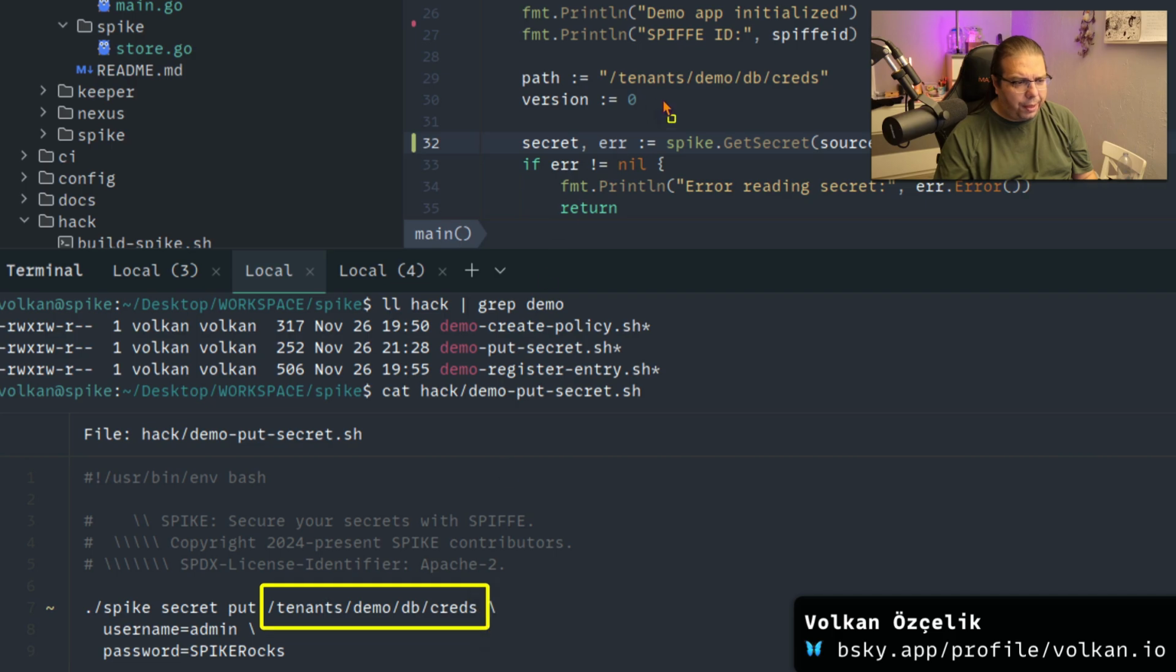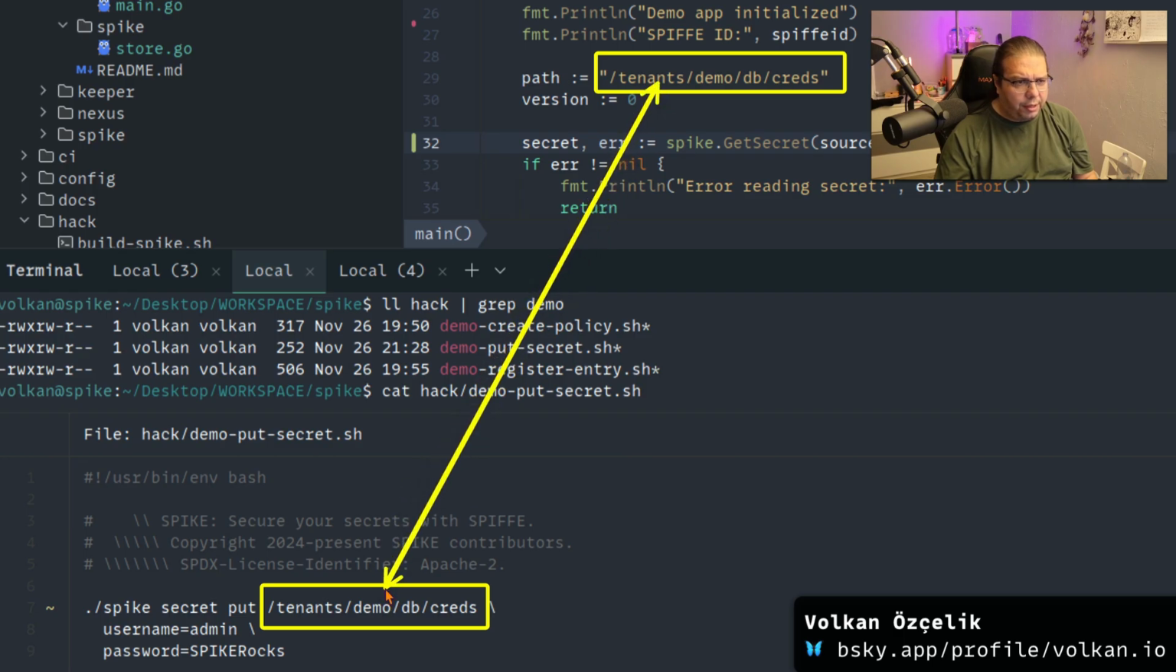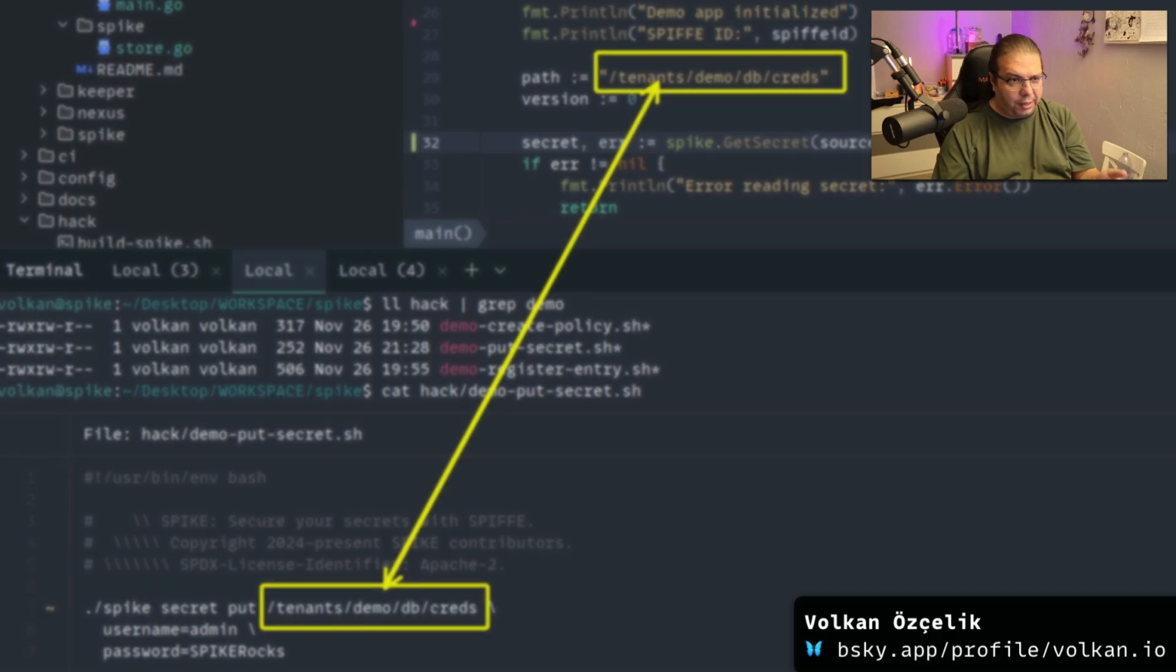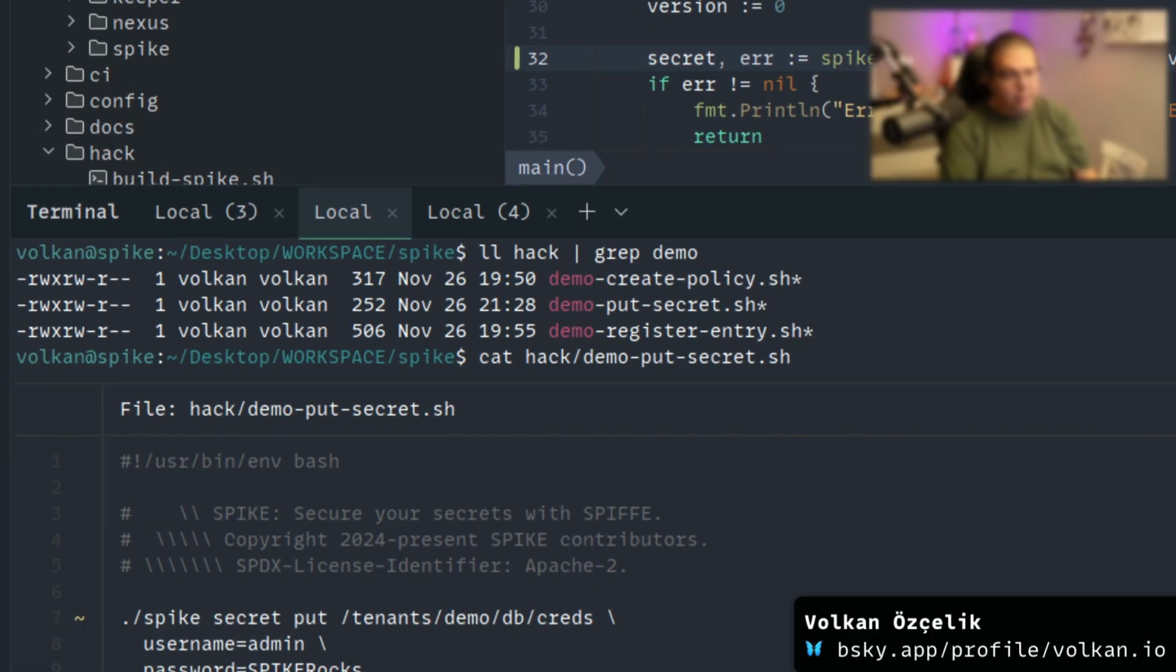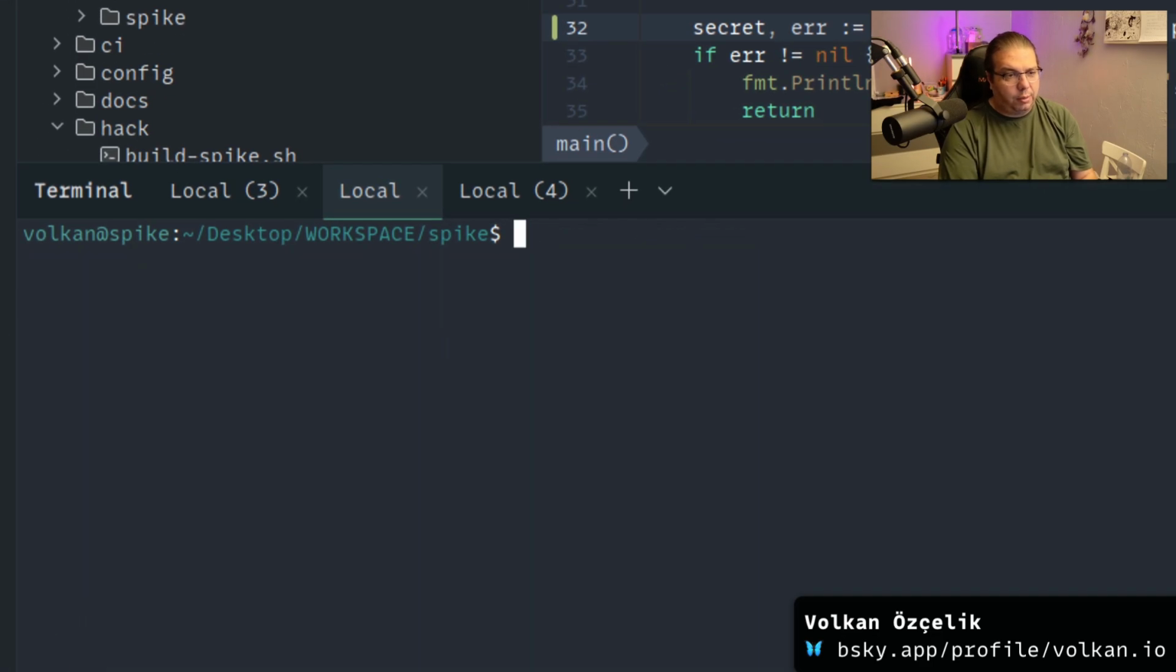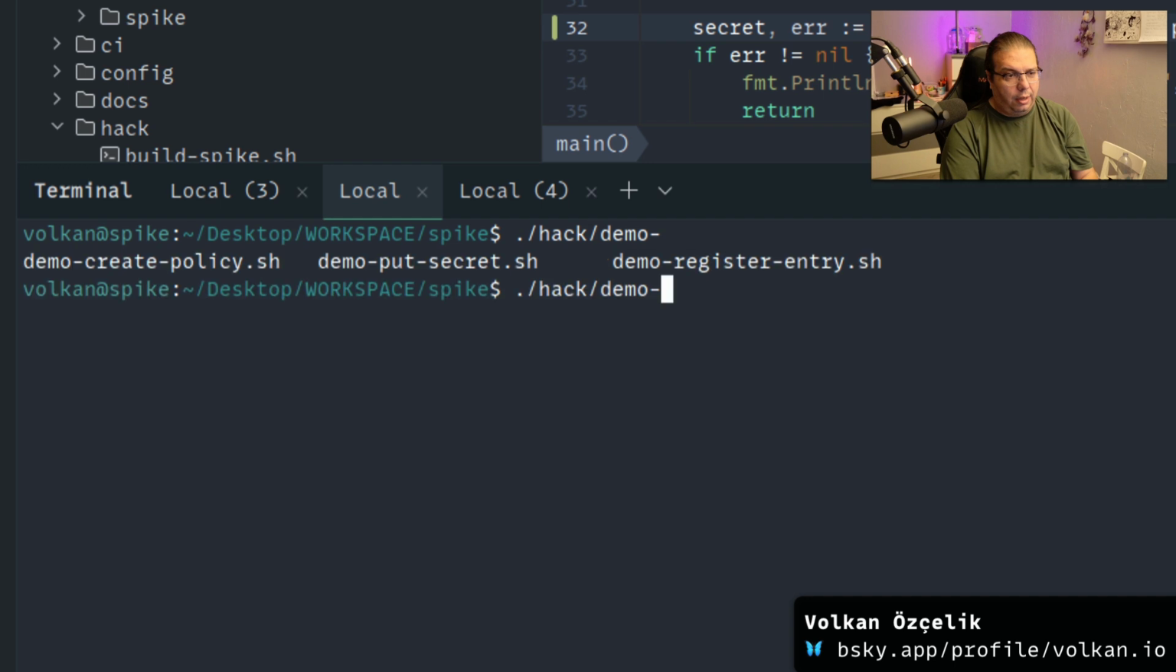This path and this path are the same. So we are registering a secret to this path, but this alone doesn't mean anything. We can create secrets under arbitrary paths. We need to allow this workload to be able to read a secret on this path. So I'll clear this one and then do a hack demo